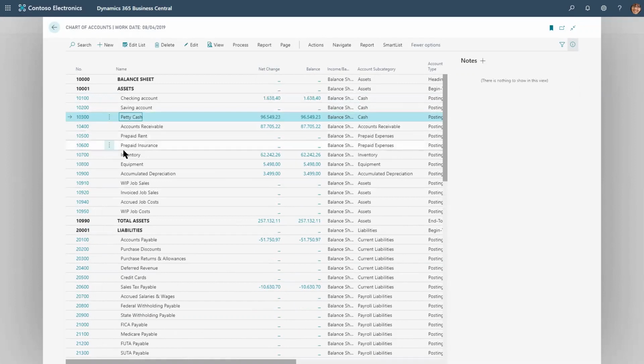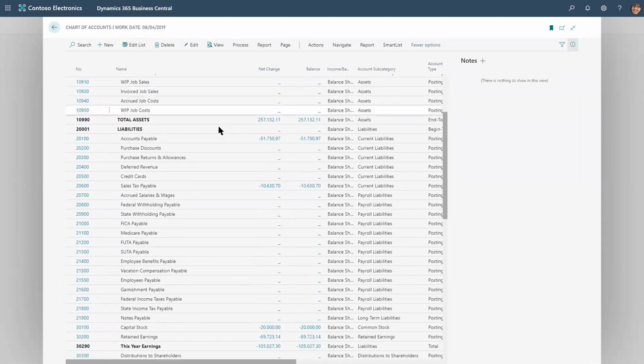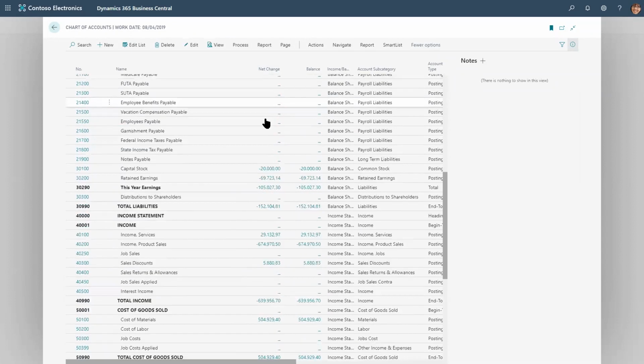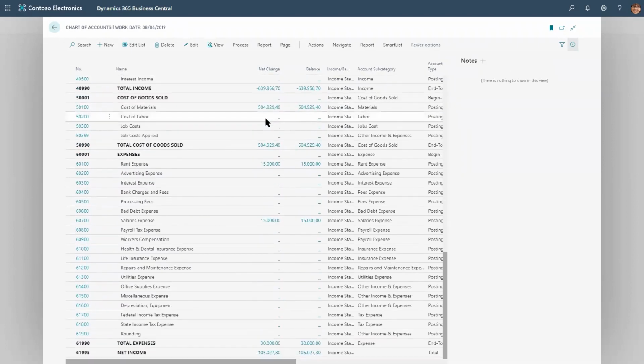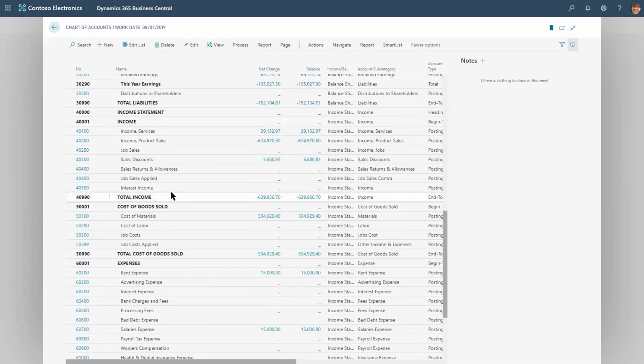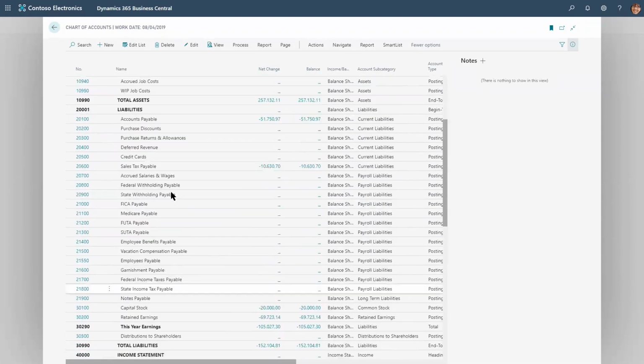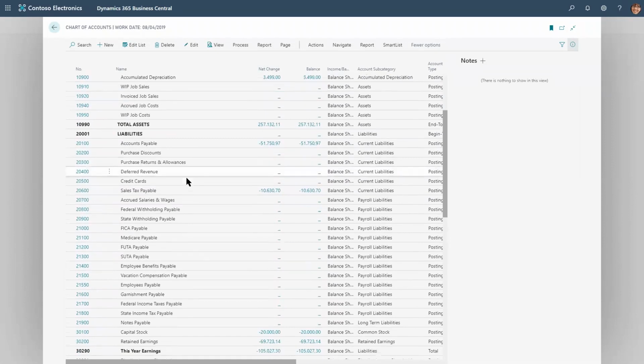So I have my entire chart of accounts list by the account number, description, and net changes plus balances, right? So everything is here. I can also navigate into my information just to verify that everything is working fine and so on. So the idea here is that I would be normally working here, but well, once in a while, I would like to also use my